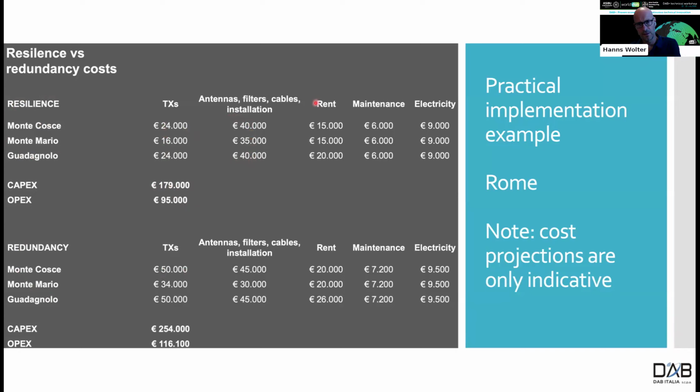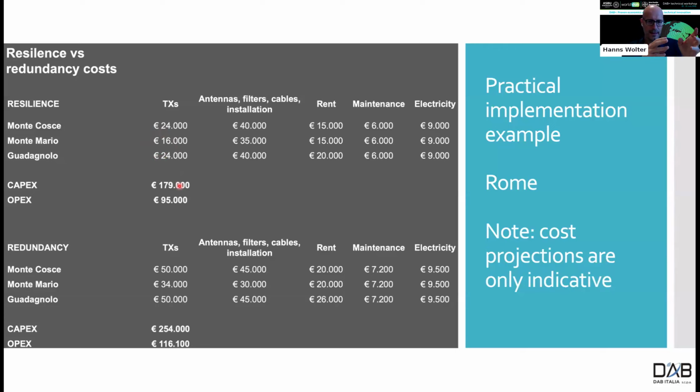And then you have the operational costs, which are rent, maintenance, and electricity. Of course, if you have a resilient scenario, like we run currently, we are facing costs which are more or less in this order. Of course, these are not the precise costs, but they are pretty reasonable and pretty aligned to real life costs we are seeing in Italy for sites of this kind,